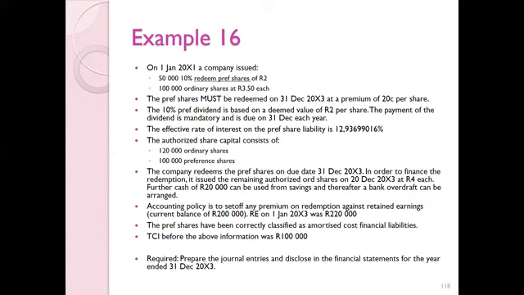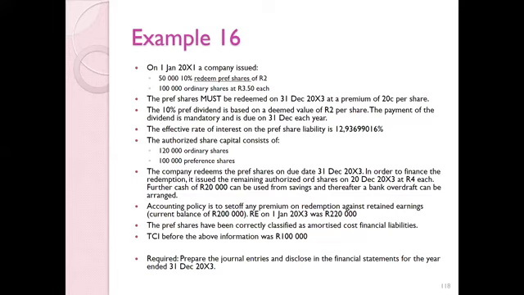The effective rate of interest on the preference share liability is 12%. The authorized share capital consists of 120,000 ordinary shares and 100,000 preference shares. The company redeems the preference shares on due date, the 31st of December 20X3. In order to finance the redemption, it issued the remaining authorized ordinary shares on the 20th of December 20X3 at